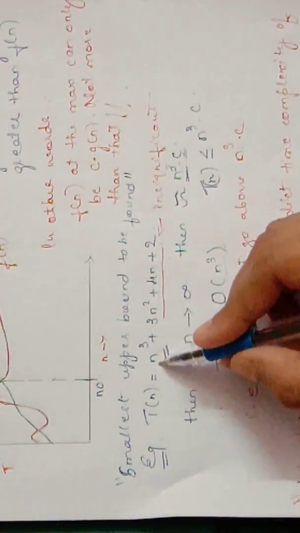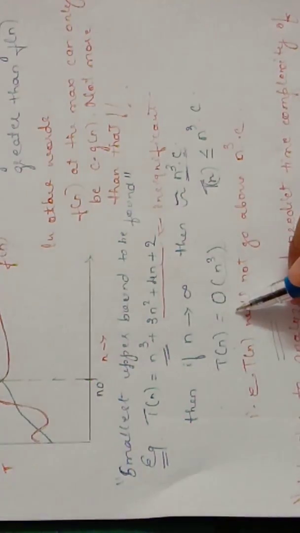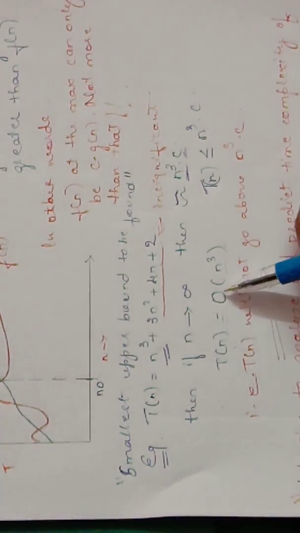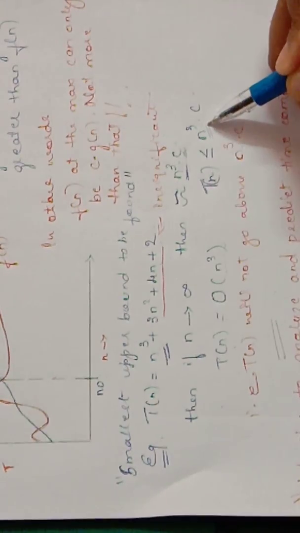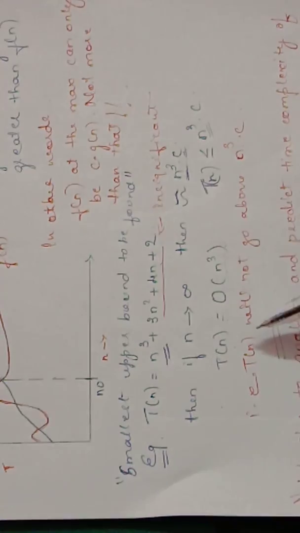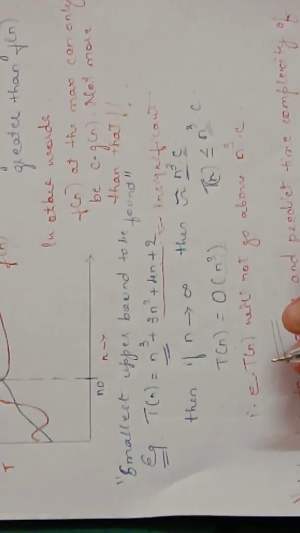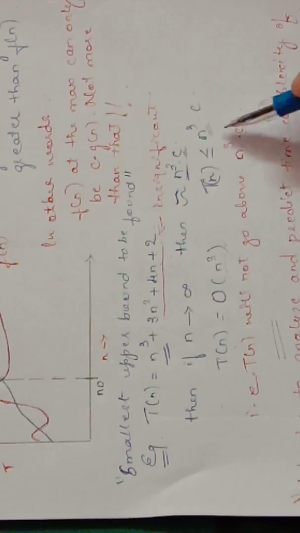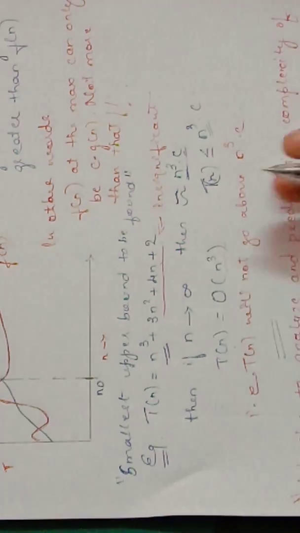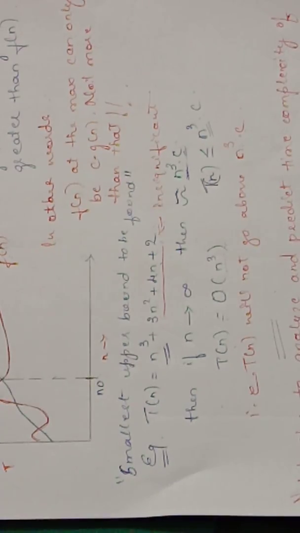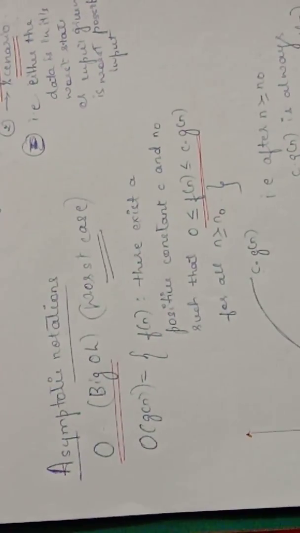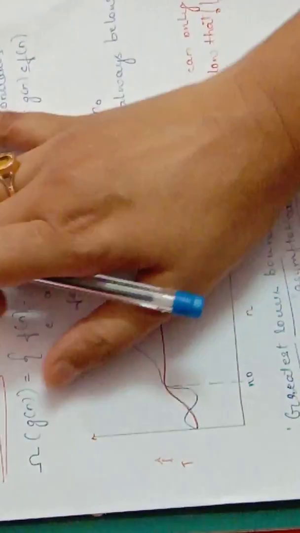So our t of n, that is, this function, can be said to be equal to big O of g of n, which is our n cube. This means that t of n will never go above the value c times n cube. This way we can find the complexity of an algorithm with mathematical notations from asymptotic notation. This is just the one notation you saw, which gives us the worst case, that is, the upper bound for your time. The next one